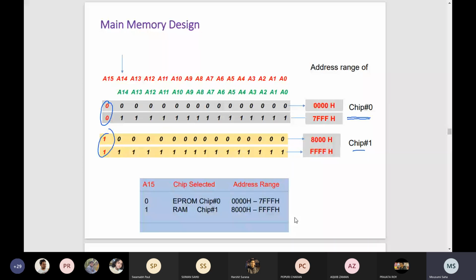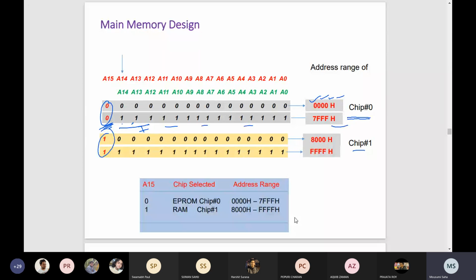Now if we consider the first chip, the starting address will be all 0, that means 0000H, and after that all will be 1 except A15, because you do not have A15 in your memory chip. So you cannot consider it here, it will remain constant 0. So 0 1 1 1, that means 7, and obviously the rest are F,